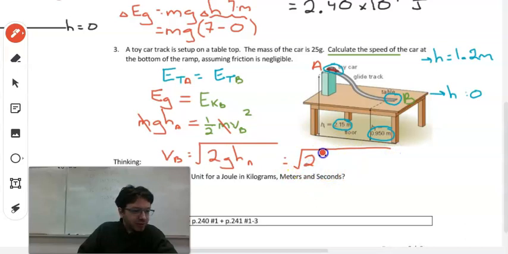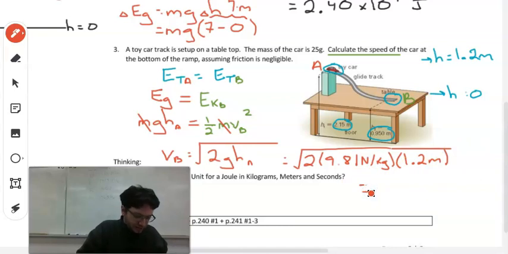Which is 2 times g, which is 9.81 newtons per kilogram, times the height, which is 1.2 meters. And we get our speed at B. The square root of 2 times 9.81 times 1.2 is 4.85. But rounding to 2 significant digits, 4.9 meters per